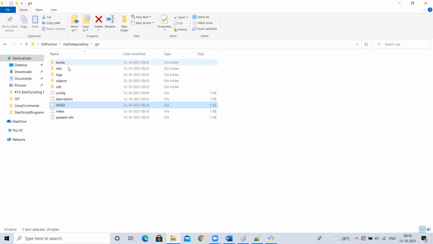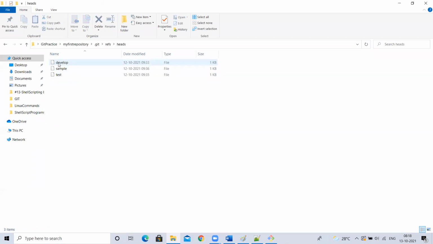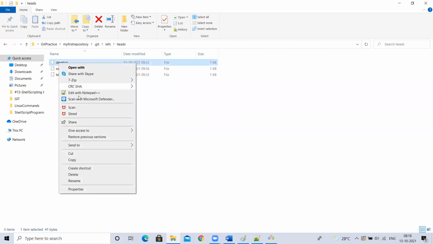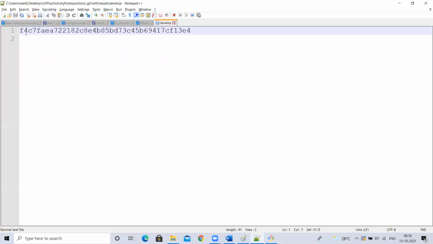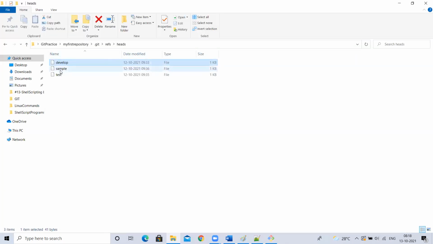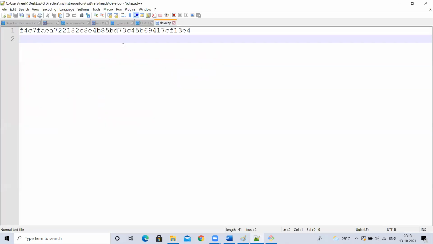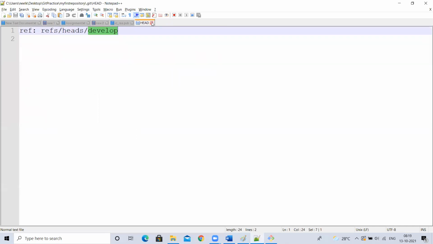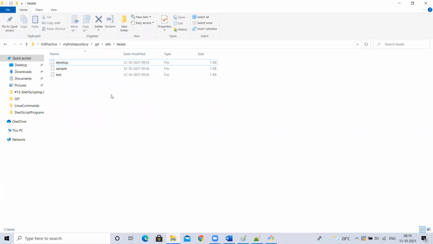If I go to that path, this file I have to open now, right? If I open this, what is my correct connected ID? F4. Both the branches have the same commit ID. Don't think that both the branches will always have the same commit ID. Who knows? Maybe I did one more commit into the development branch. Here, the latest commit ID it will show. But if I go to that sample branch, it will show some other commit ID.